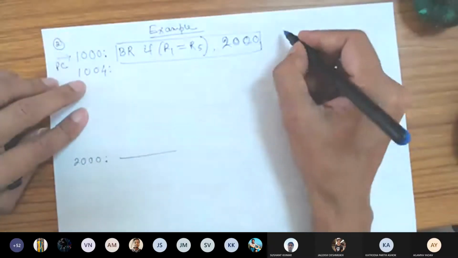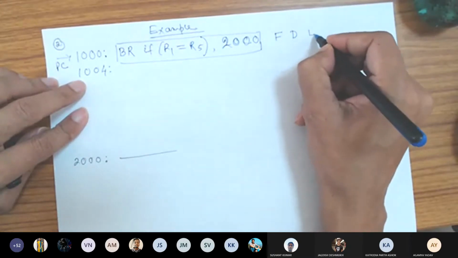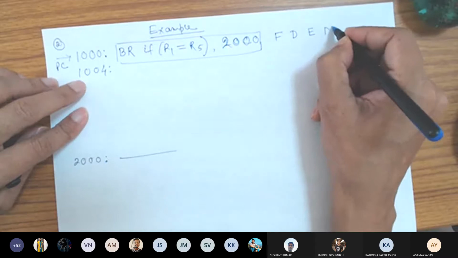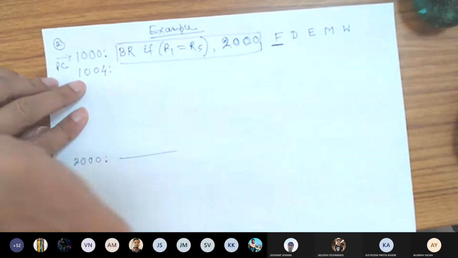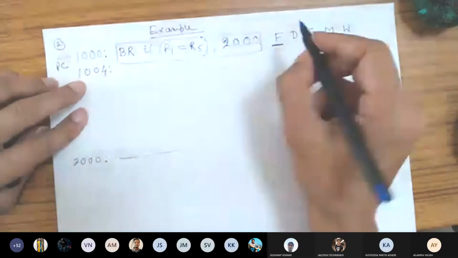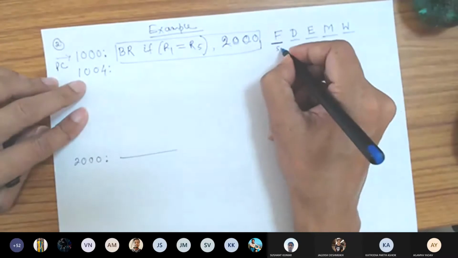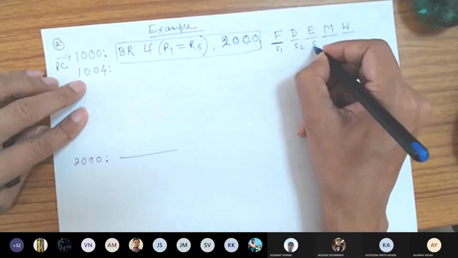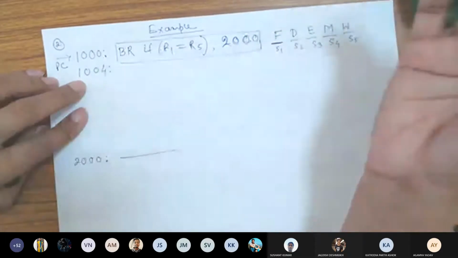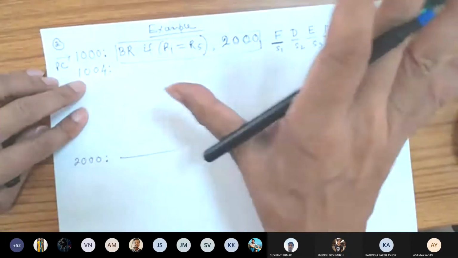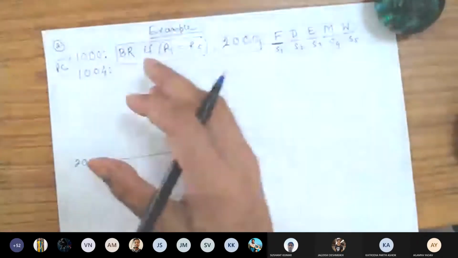Remember, I was talking about different stages: fetch, decode, execute, memory, write back. You have just completed this stage. The same instruction must go through this one, this one, this one, and this one. This is stage 1, this is stage 2, this is stage 3, this is stage 4, this is stage 5. It may have more than 5 stages also. I'm talking about a typical 5-stage RISC processor, but you may have maybe more than 20 stages.